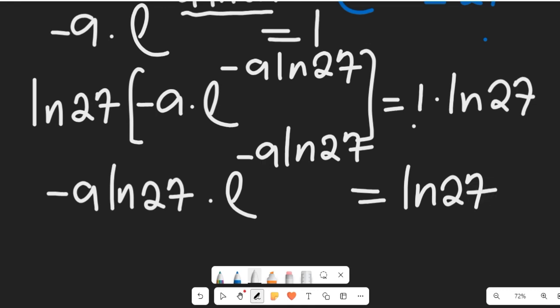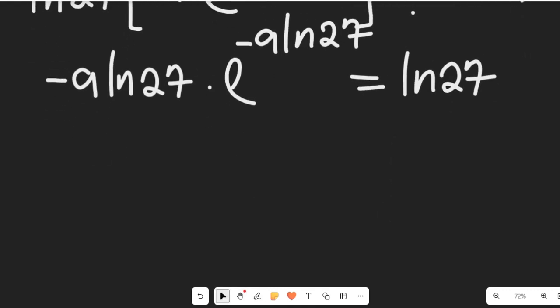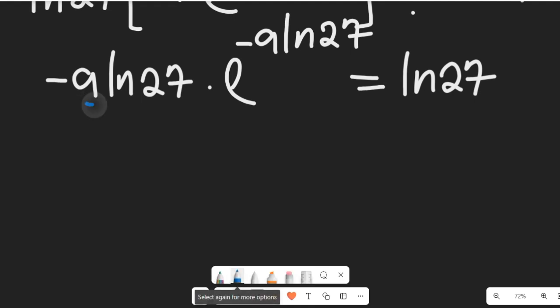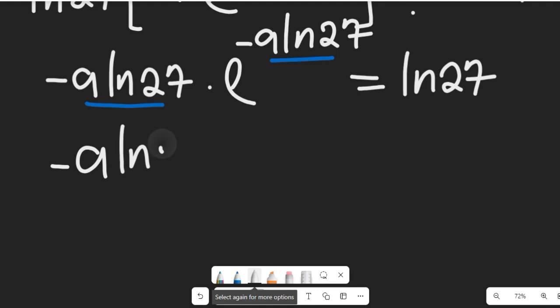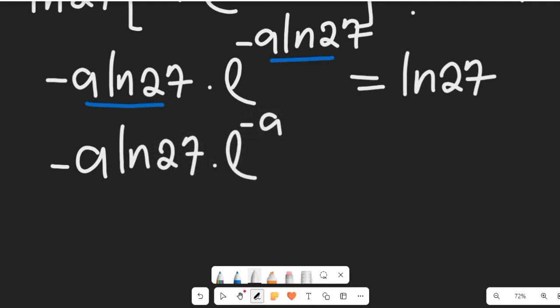27. Great. Now if you look at that expression very well, you see that this expression has now looked like this. And what I need to do is to simplify further. Now if I simplify further, I'm going to reduce this other expression to give me negative a ln of 27 multiplying the exponent of negative a ln of 27, and this will be equal to ln of 3 to the